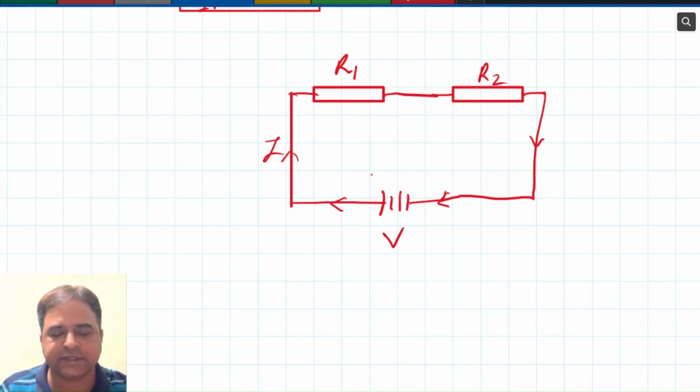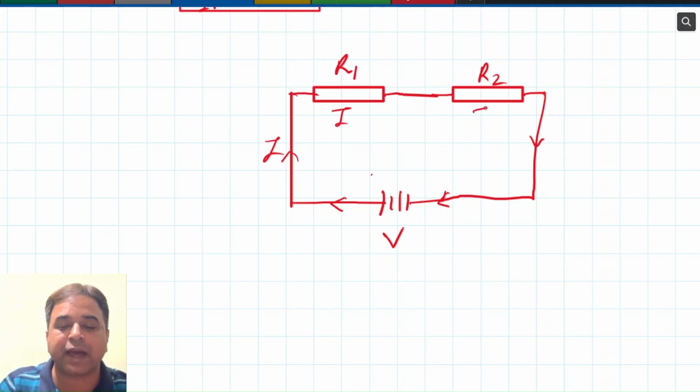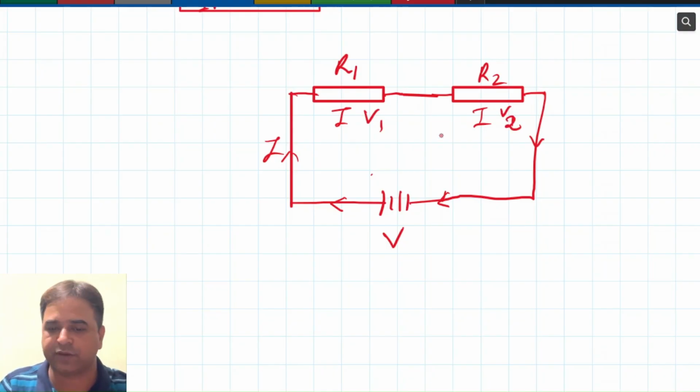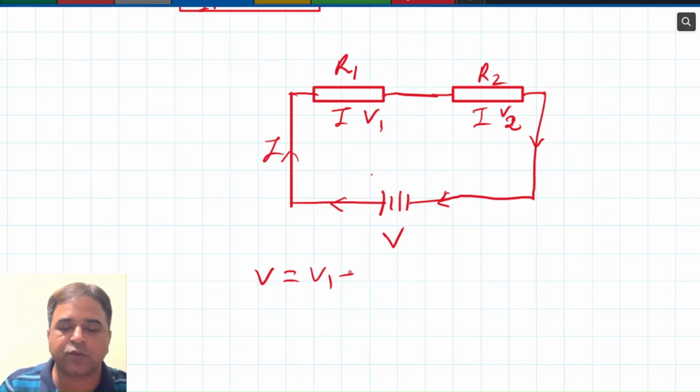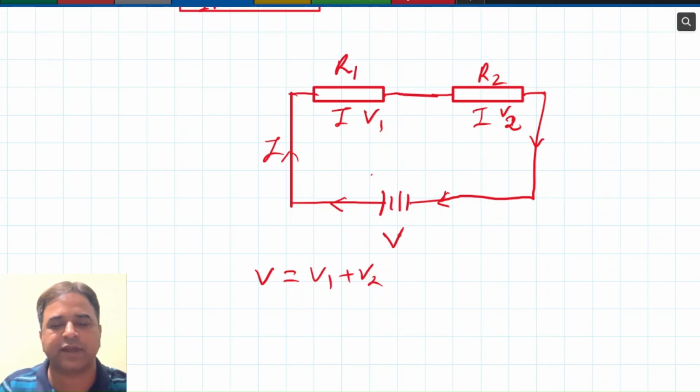What you have to remember in series circuit, electric current is going to remain same at each resistor, but voltage is going to be different at each one. This we are taking V1, this is V2, because it will be different, but electric current is going to remain same. So if you see, total voltage V is going to be equal to V1 plus V2, which is nothing but the addition of both of these potential differences,